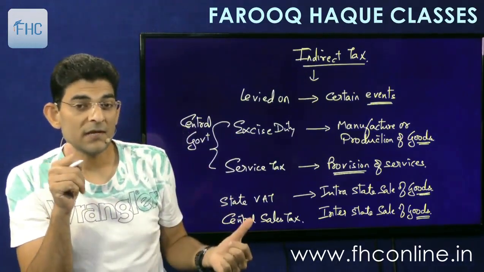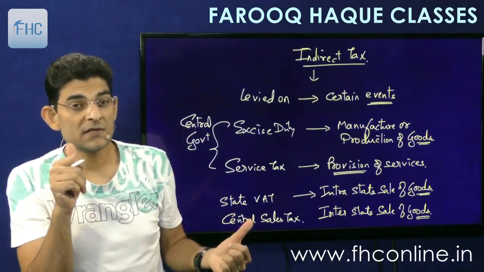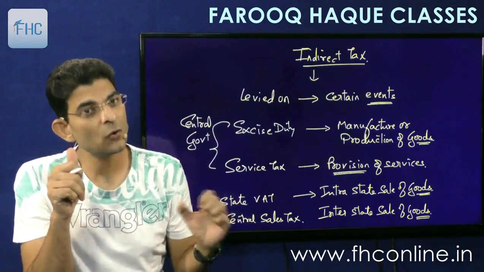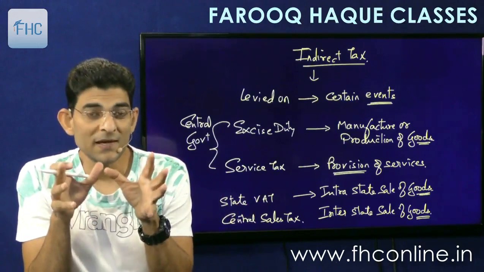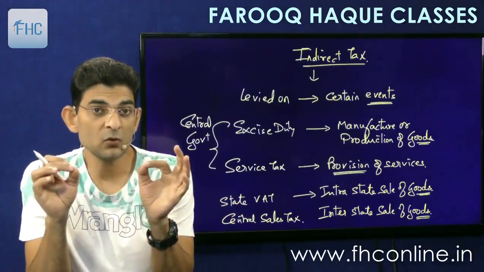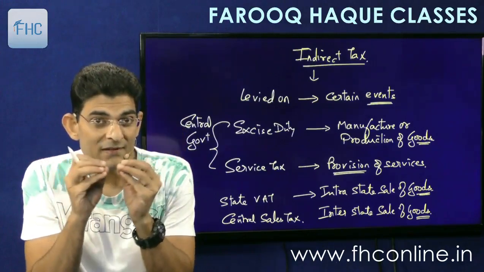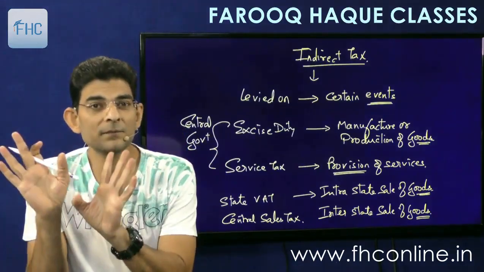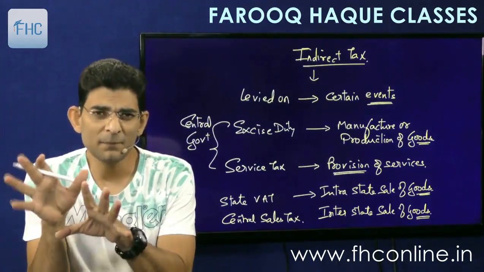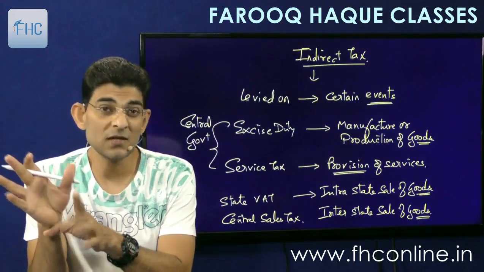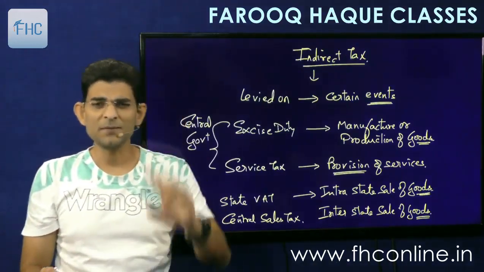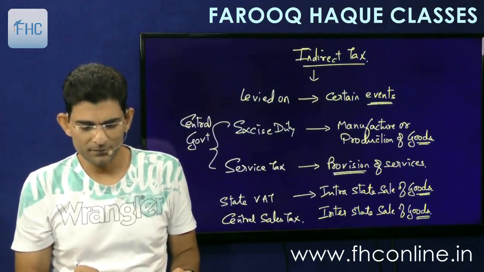But the tax that was collected here in the name of central sales tax was finally paid over by the central government to the state government only. So the money belongs to the state government only. But the law was made by the central government. The money was collected by the state government. Law by central government. Paisa, the money, goes to the state government. Now why it was so, I'll tell you sometime in detail later on.